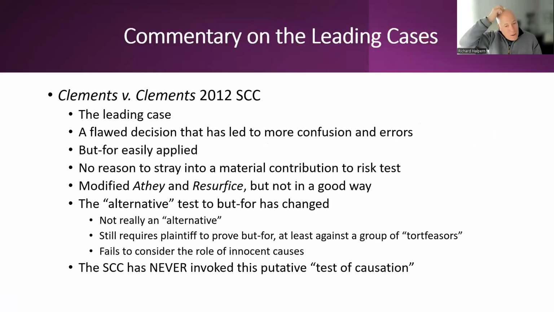So what is the legal test for causation? The test for causation is the but-for test. Every lawyer knows about the but-for test.